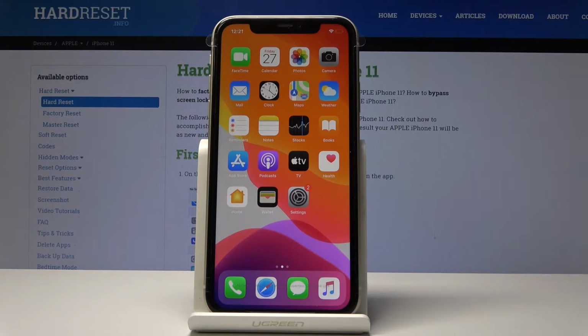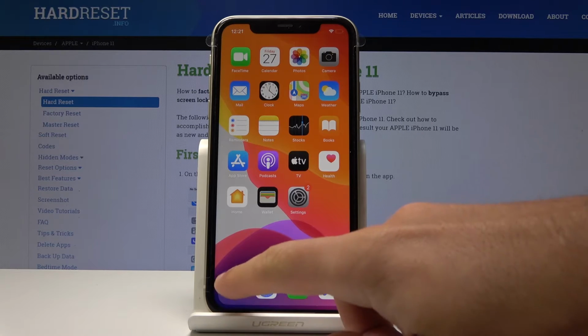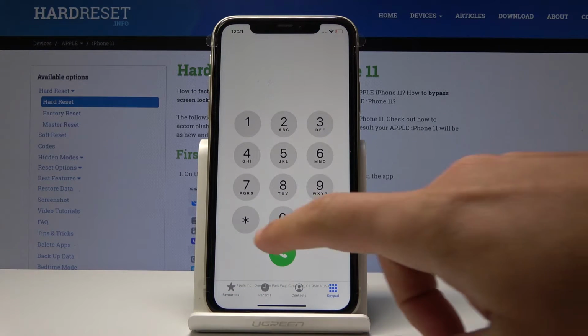Here I have iPhone 11. Let me show you how to enter the field mode on the following device. So at the very beginning, let's use the phone's dialer and let's use the following secret code: